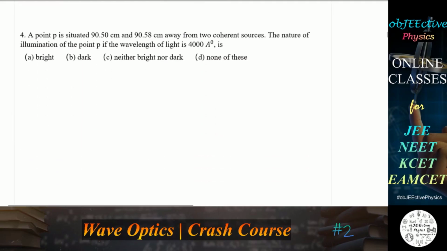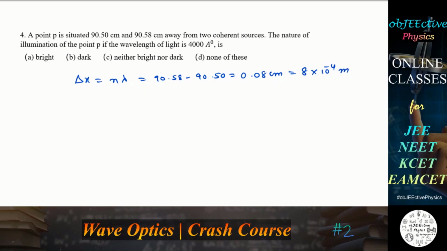Next question. A point P is situated 90.50 centimeters and 90.58 centimeters away from two coherent sources. What is the nature of illumination at the point P if the wavelength of light is 4000 angstroms? Here path difference delta x is equal to n lambda, that is equal to 90.58 minus 90.50, that is equal to 0.08 centimeters